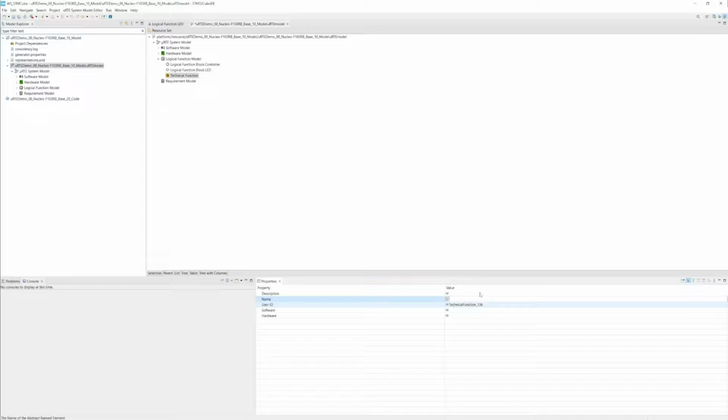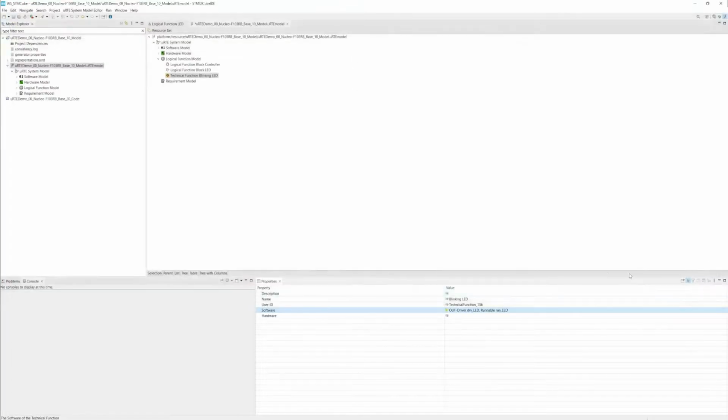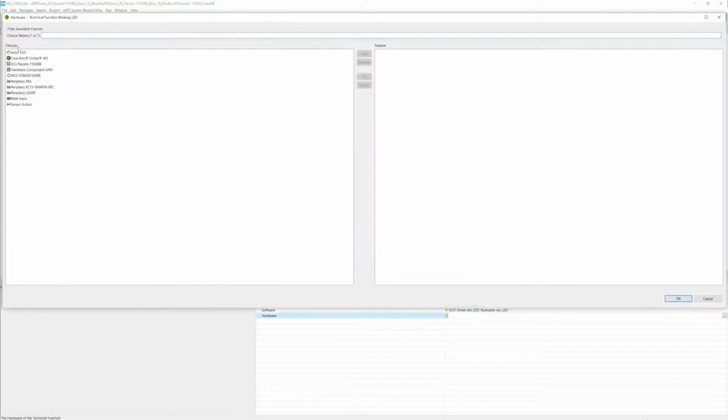Also, from the logical function model with our newly created blocks, I can reference this technical function. So if this technical function now is our blinking LED, I can map this technical function to the software functions which execute this technical functionality, but also